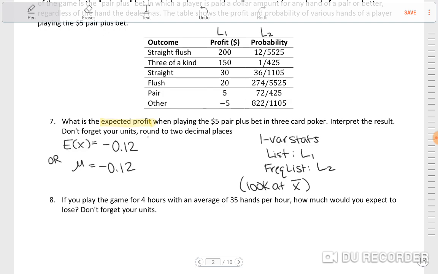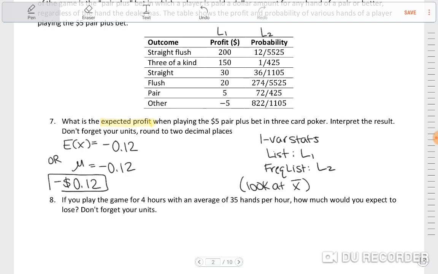It says round to 2 decimal places, so that's why I have that. And then don't forget your units. Oh, it says interpret the result. Dang it, I knew I should have left more space for that. Forgot that part. Okay, so my units are dollars. So negative 0.12, so negative 12 cents is my